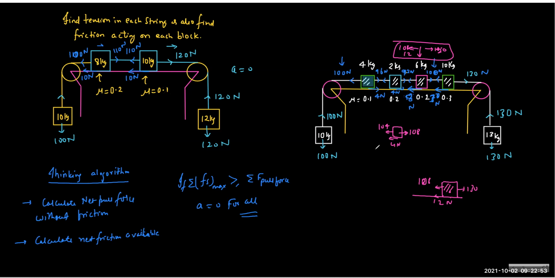Actually, we are getting multiple options in this case. This is a more serious question. Things can change drastically. But what is the problem with this? On the 4 kg block,